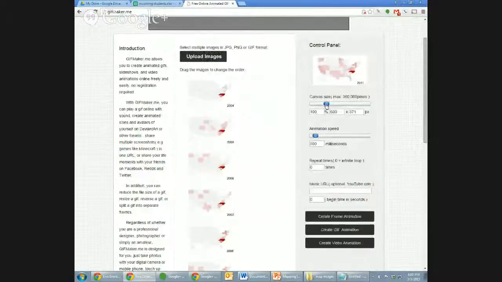We can change the dimensions. I'm going to leave that as it is in its native size. We can see a glimpse of the animation speed. Now, 500 milliseconds, that's pretty quick. We can see up here. I'm going to go ahead and put that at a second, 1,000 milliseconds. We can see the frames move a second at a time. We'll leave it on infinite